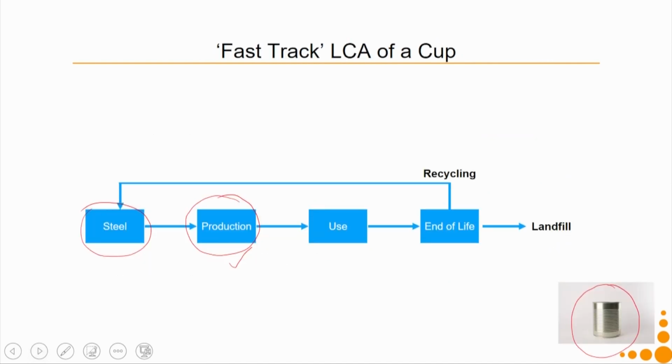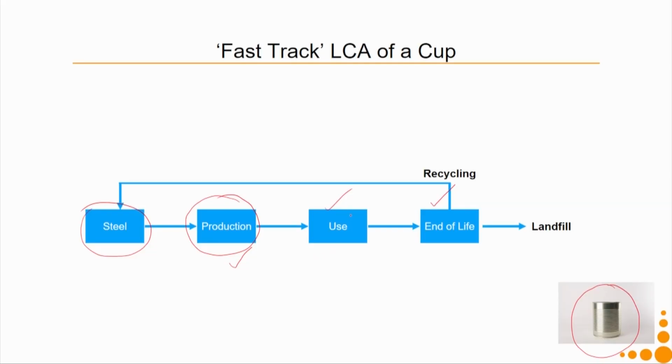The advantage of such an approach is that I can very nicely consider the use and end of life phases, which means I can optimize how the use phase will work and how the end of life can be improved, so as to have least environmental burden. Now, the problem with this particular approach: the benefit, as I told you, is that you can elaborate on the use phase and on the end of life phase. But for the use phase, we can only make the best assumptions. We really do not know how the user is going to really use that product. So, we can come up with certain scenarios which are basically our assumptions. If you use only one use case, then it is not a very good life cycle assessment, because you can never predict that the user is going to use it in that particular manner. So, we will have to use a couple of usage scenarios.